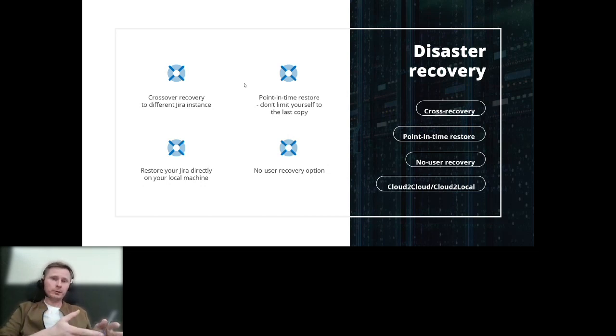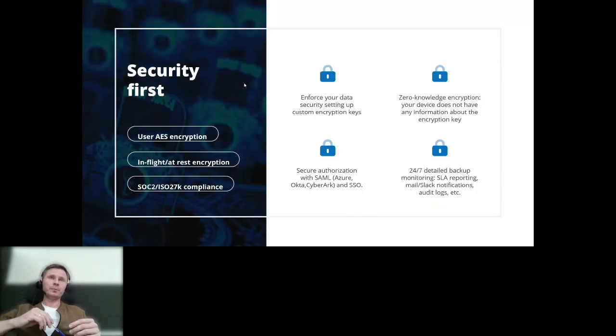The default scenario is the restore process to the same location. The more advanced one is the option with manual import, and the most advanced scenario is the ability to restore the data to a different instance, to a different organization. So we can also consider it as a process of migrating the data from one location to another. And when it comes to the security aspect, this is also super crucial,